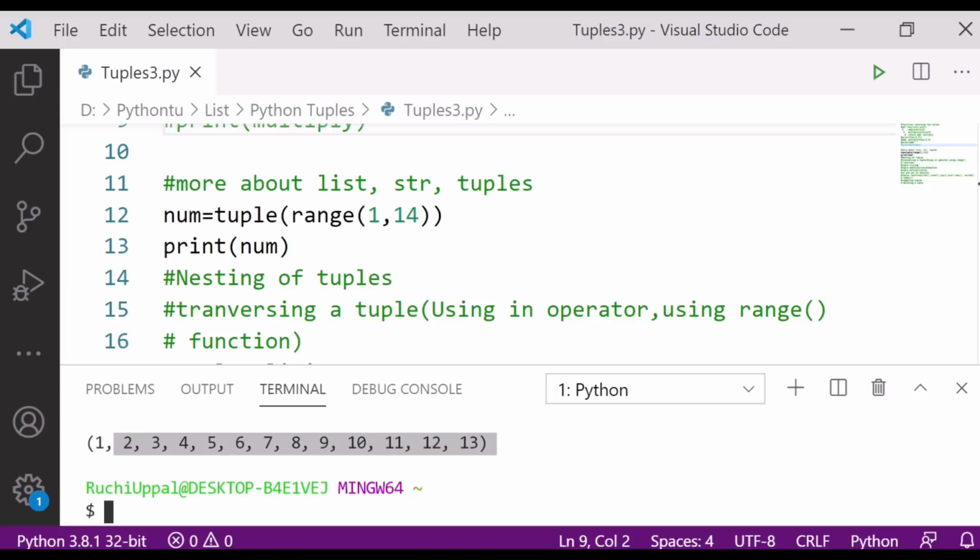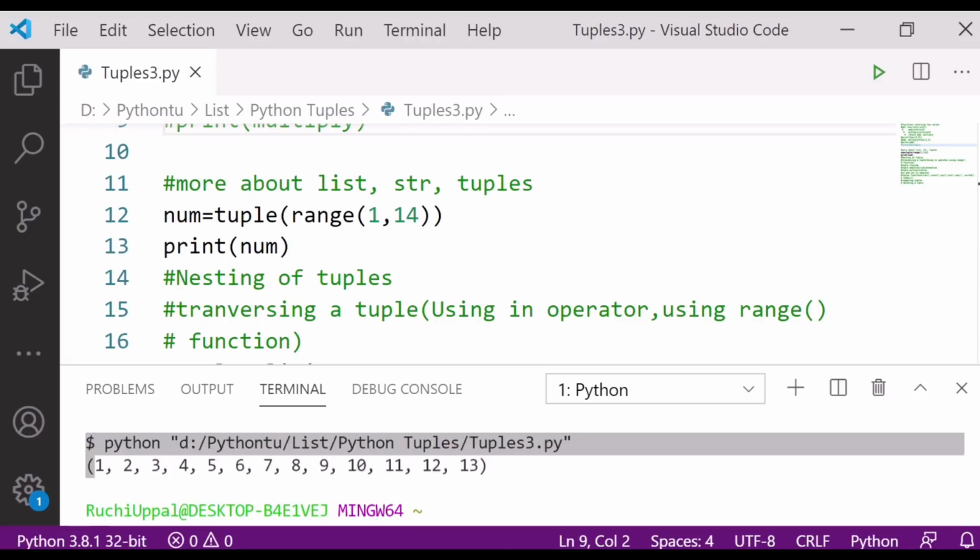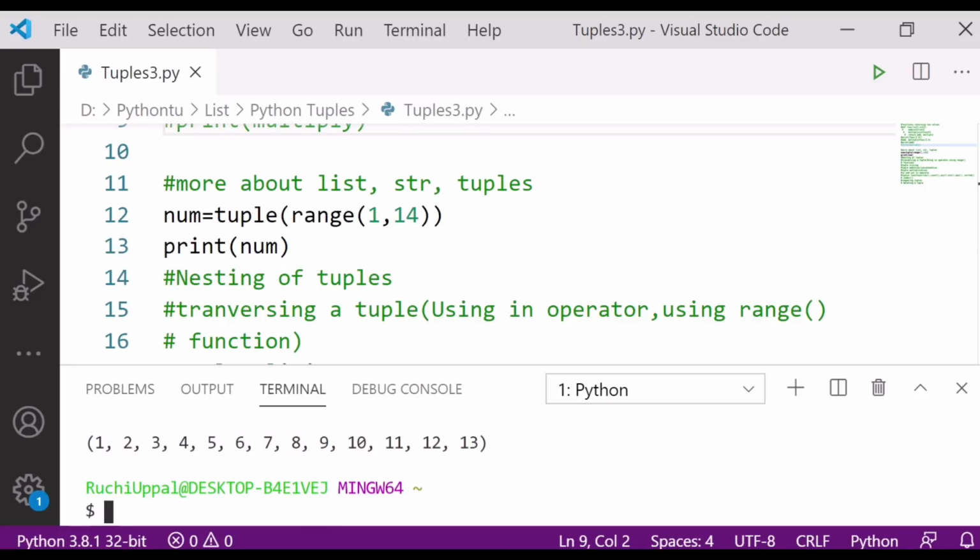You can see it is returning the tuple value over here, 1 to 13, because I want the value between 1 and 14. So this is how we can create a tuple and have the range.